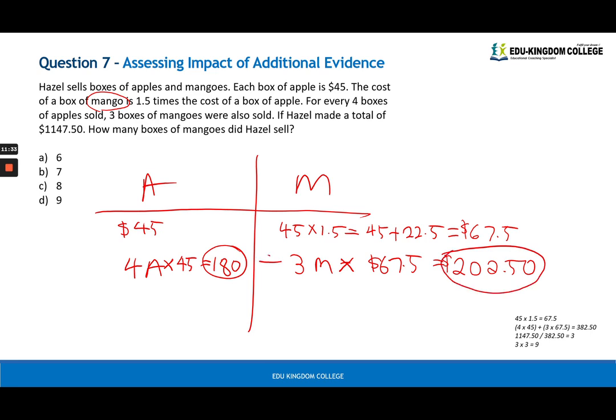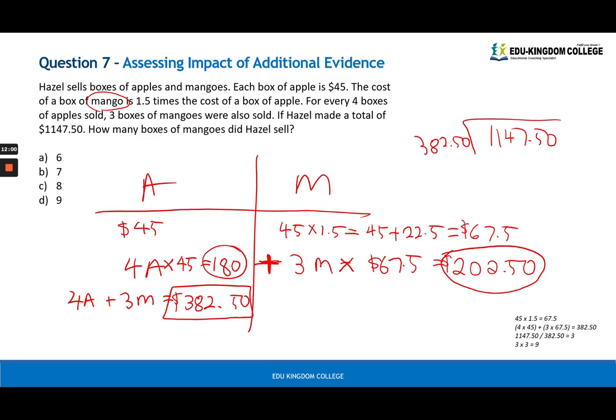So this set, remember, it always happens together. For every 4, there's 3 mango boxes. So we add it together, and 4 apple boxes and 3 mango boxes will give you a total of 382.50. Okay? So now what we do is divide. 1147.50 divided by